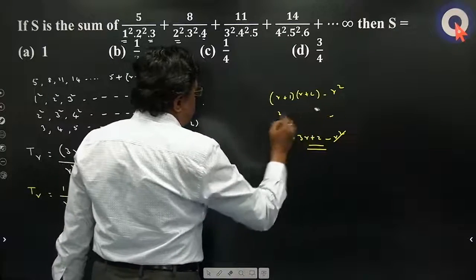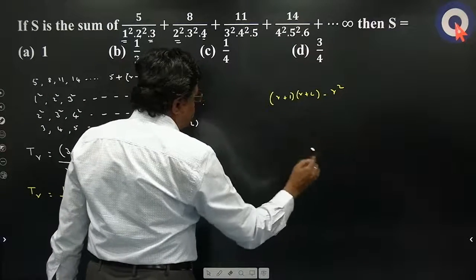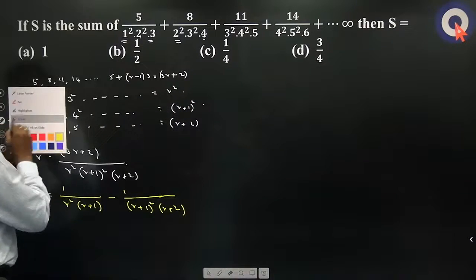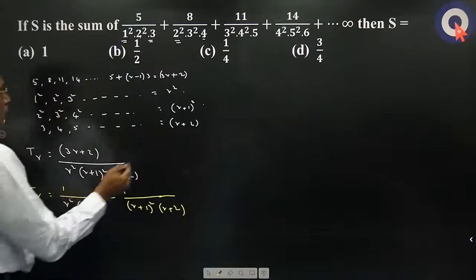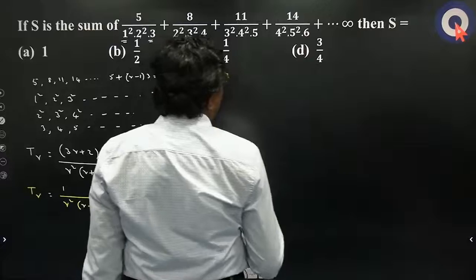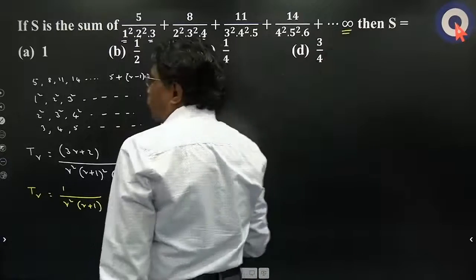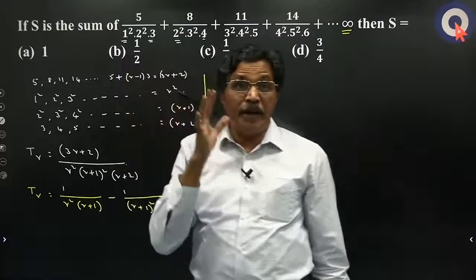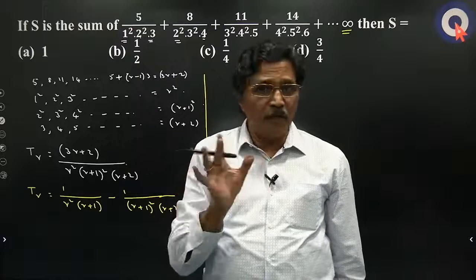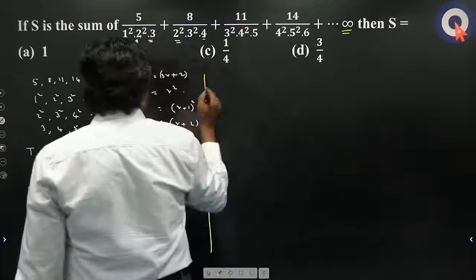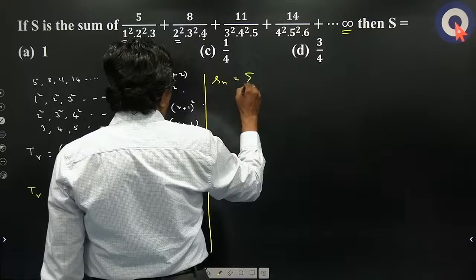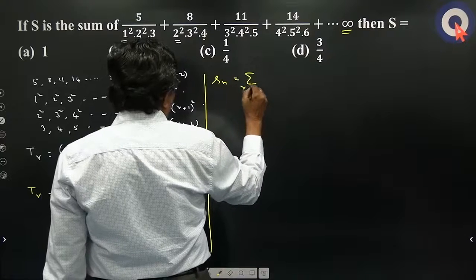So just a second, I'll just clear this. All right. Whenever you need to find the sum to an infinite number of terms, it is necessary that you first find the sum to n terms and then take the limit of Sn as n tends to infinity. That is how you should do it. So Sn, that is, the sum to n terms, is sigma r is equal to 1 to n,